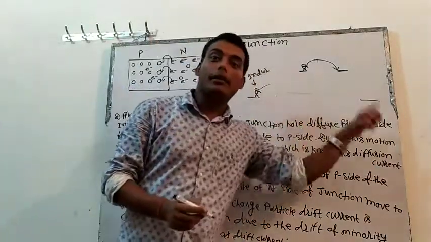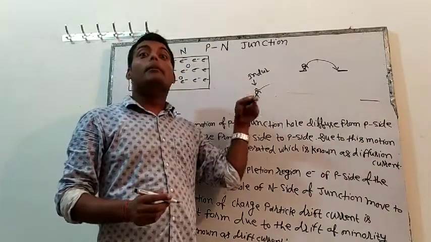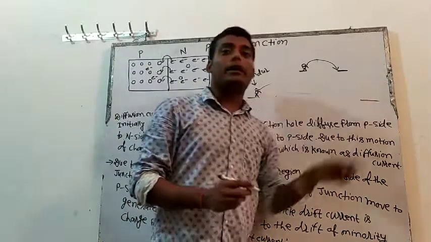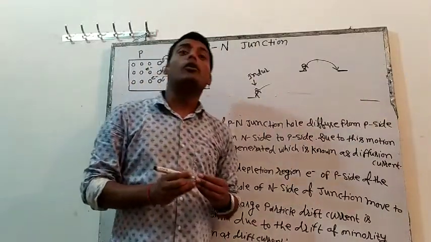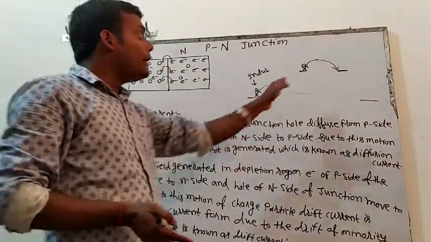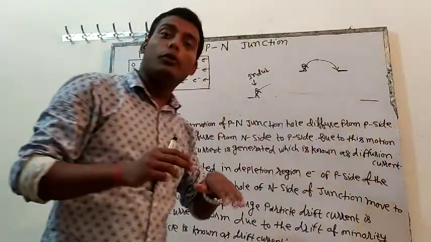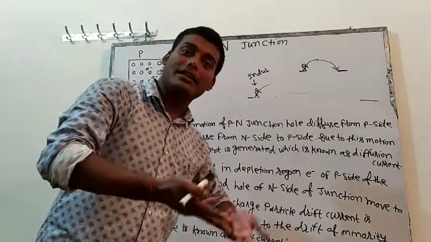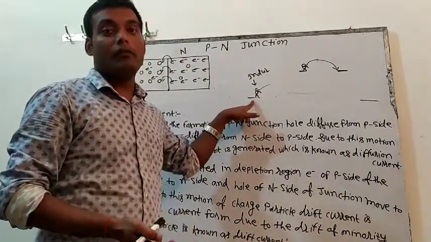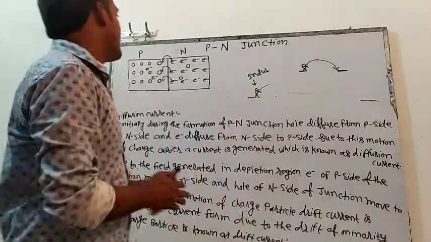So for the jumping, Indur needs more energy, and if he gets that much energy, then only he can jump. And if he does not get it, what will happen? He can't jump. Natural. So if you have energy, then you can jump. And if you don't have energy, what will happen? You can't jump. So this is happening.